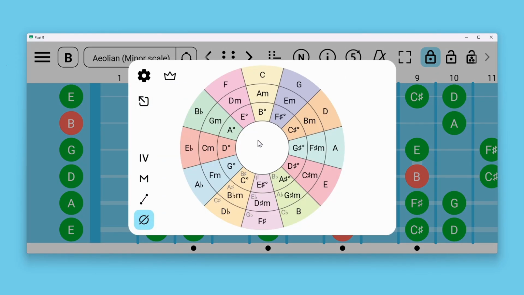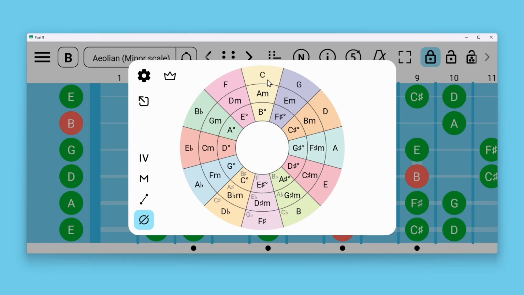This is not a lesson about circle of fifths, this is more of a feature review, but I will still explain what it is and how a circle of fifths works. You have three circles here. This is the major circle with major keys, minor circle with minor keys, and diminished circle with diminished chords. These are keys, but they are also chords, and they are also notes if you ignore the minor and diminished